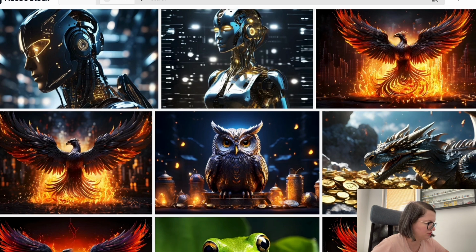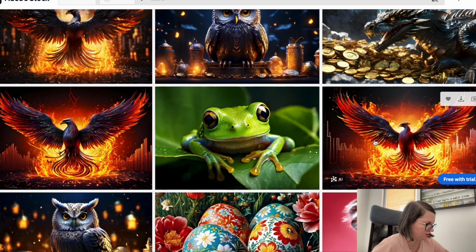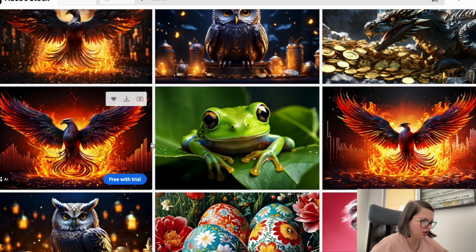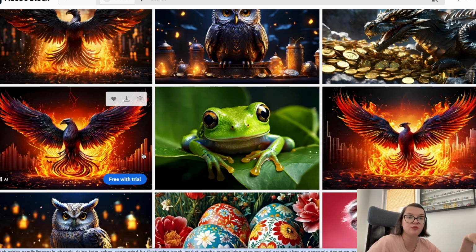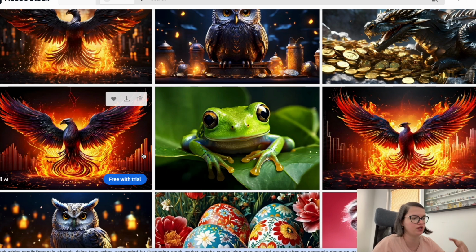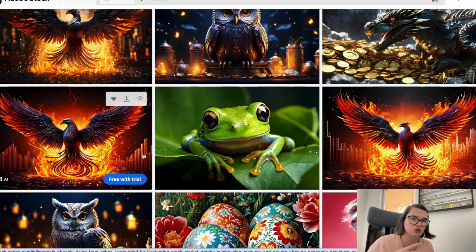In the rest of them, you can kind of see the charts, but they're very much in the background. So I would try to regenerate this prompt and put the graphs more in the foreground of the image and the phoenix in the background,